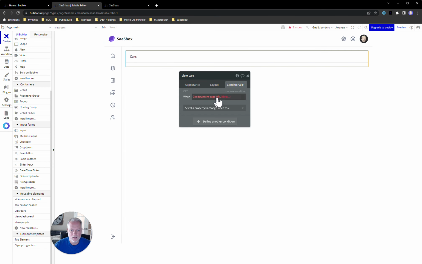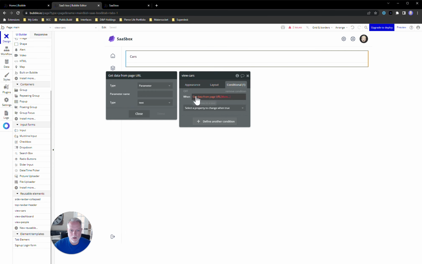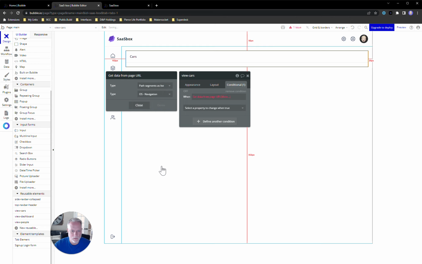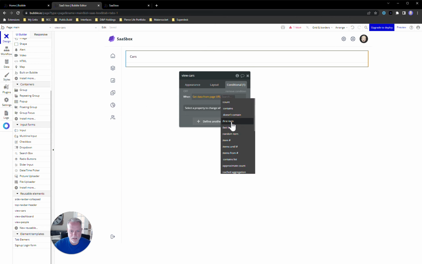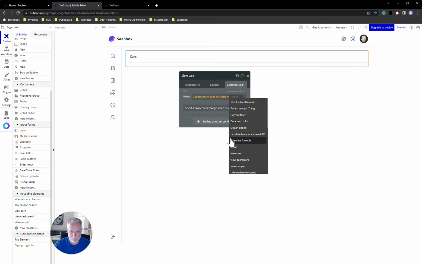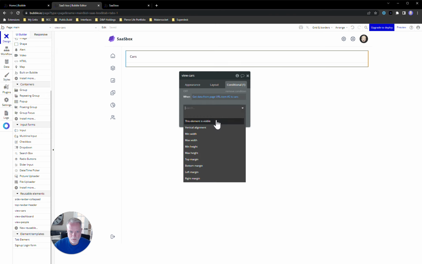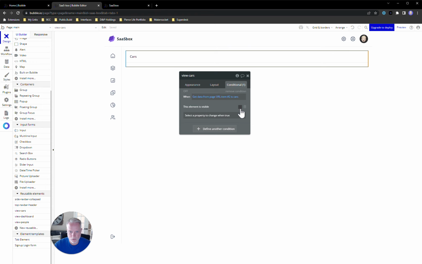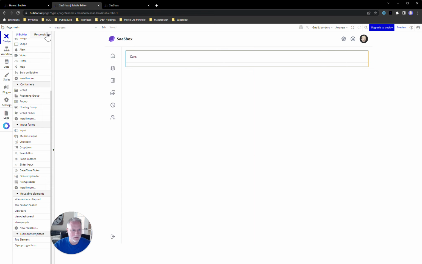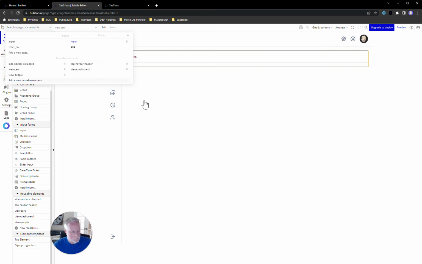Now we can go back, get data URL from path segment as a list, OS navigation, that's our navigation. Item number 2 is cars. And then we're going to show it. So when item number 2 is cars, we're going to show it, right? So let's go edit another. Let's go edit another